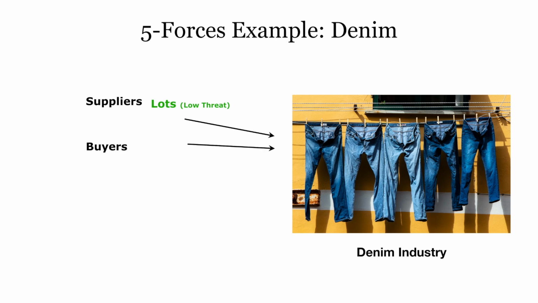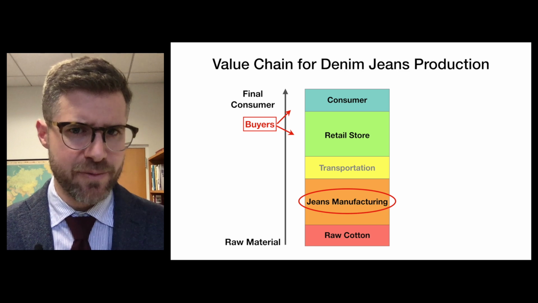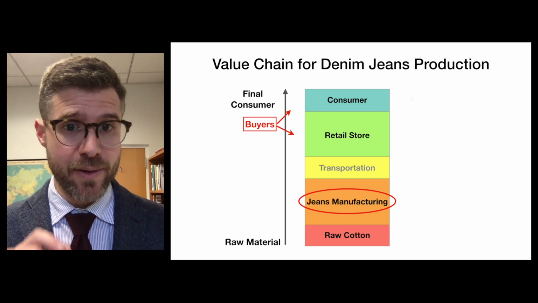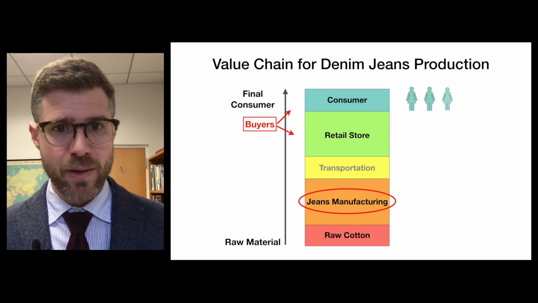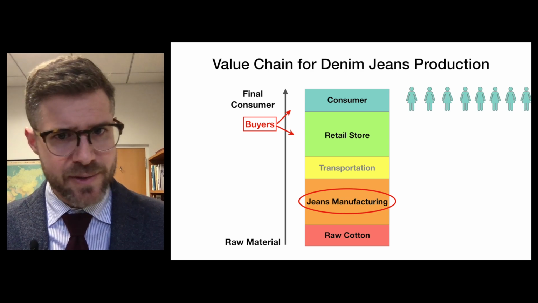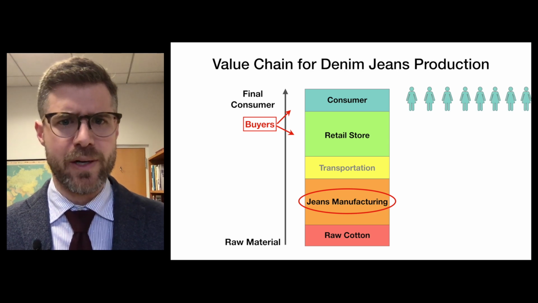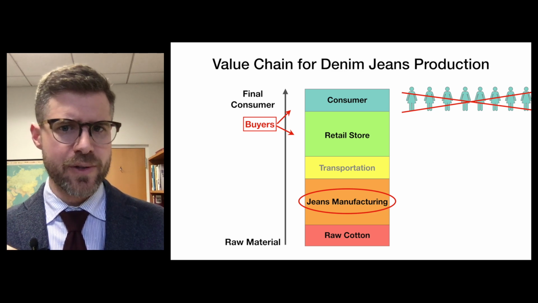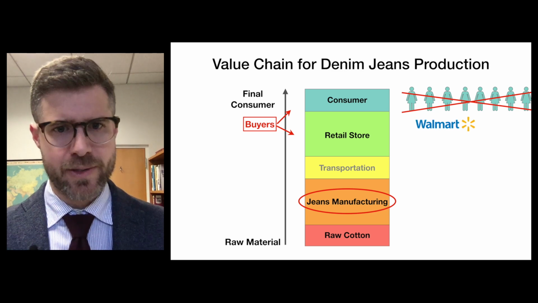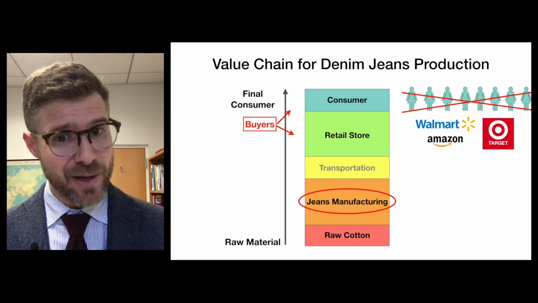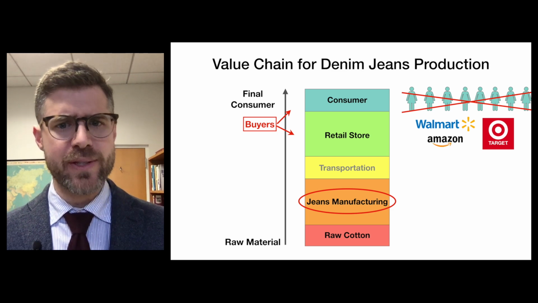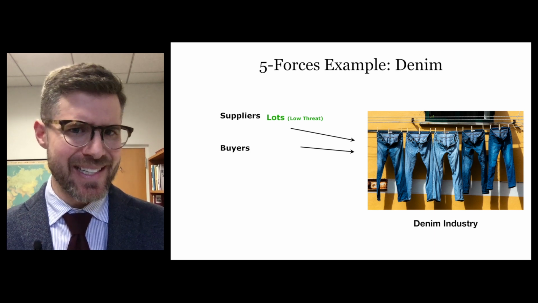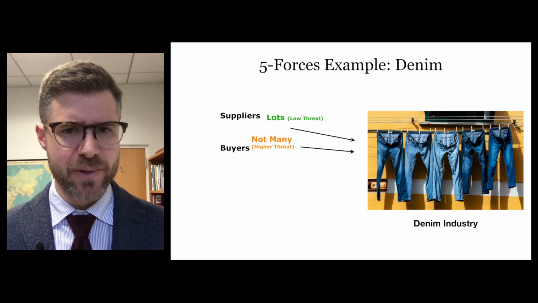The next force is buyers. There are 2 effective buyers for the jeans: end consumers and the retail stores that sell them. End consumers like you and me only buy a small amount of denim, and since there are many of us, we have very low bargaining power. On the other hand, retail stores do. The largest clothing store in America is Walmart. Target, Amazon, and H&M are up there as well. So the jeans retail industry is remarkably concentrated, indicating that there is indeed a threat to denim manufacturing profits.